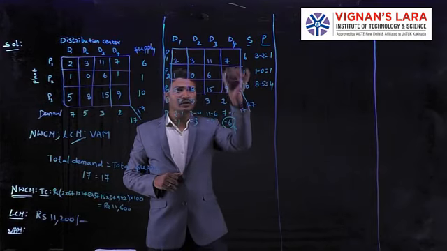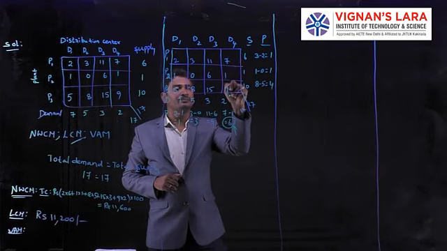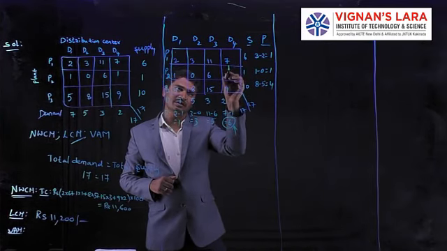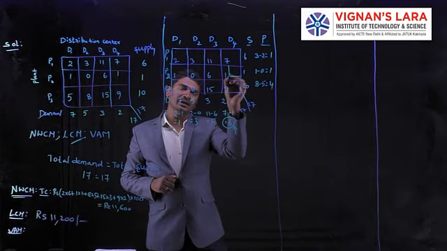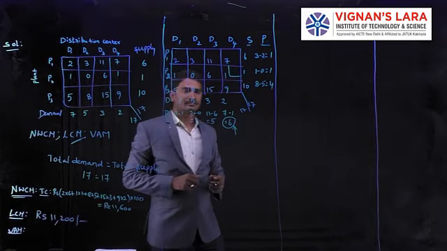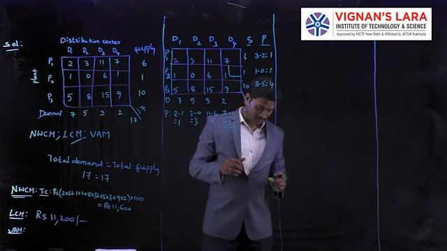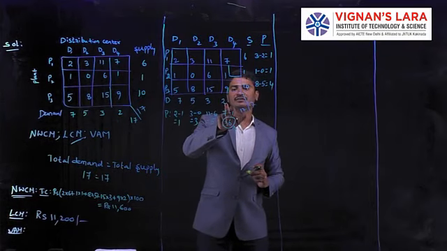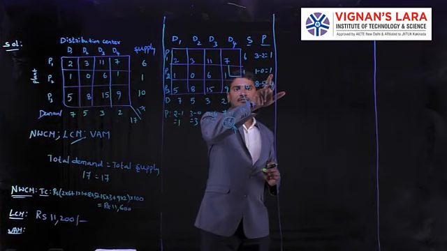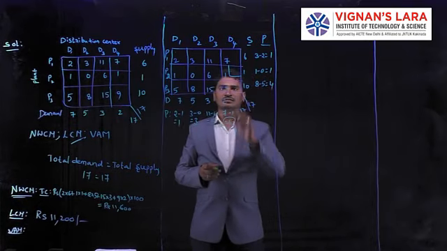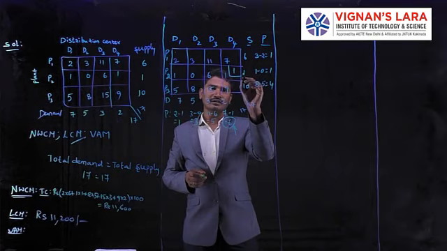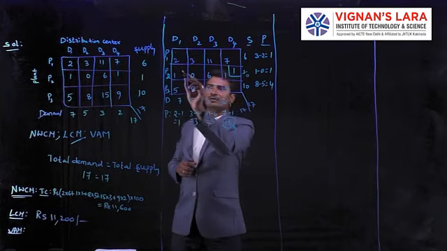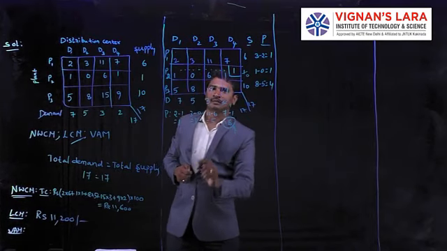Now we are going to allocate the values in this column. Again we identify the least cost and allocate the commodity in that cell. How many units are we going to allocate? We have to check the total supply and demand. Here 2 units of demand and 1 unit of supply are there, so we simply allocate 1 unit. After allocating 1 unit we get 0 supply and 1 demand, and we are going to remove this row.